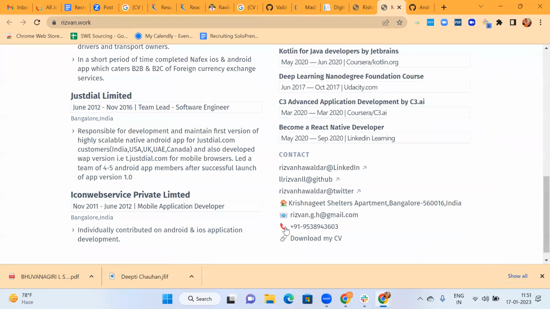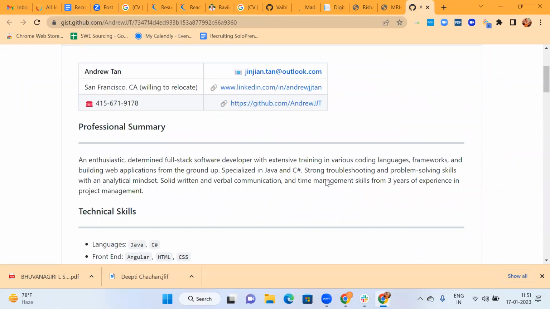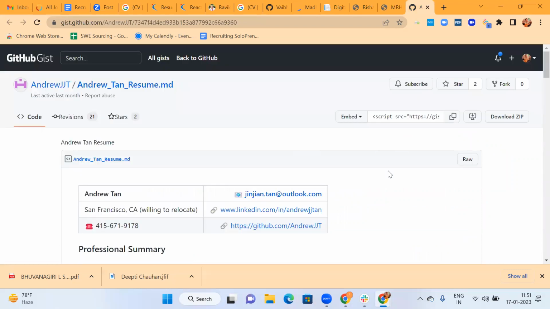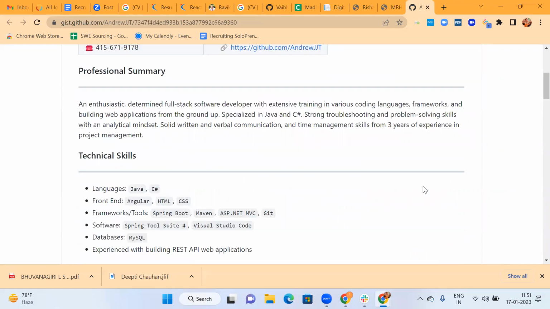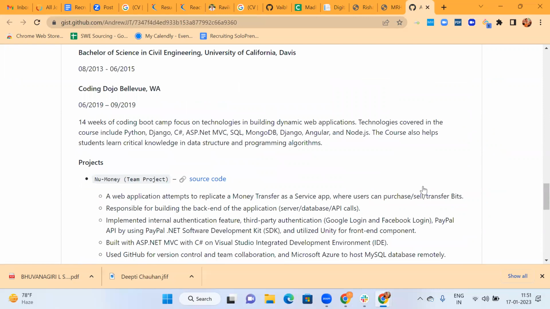That particular call. Outlook, that particular email.